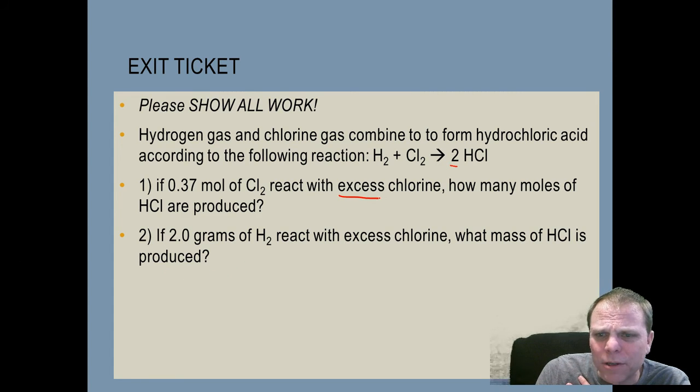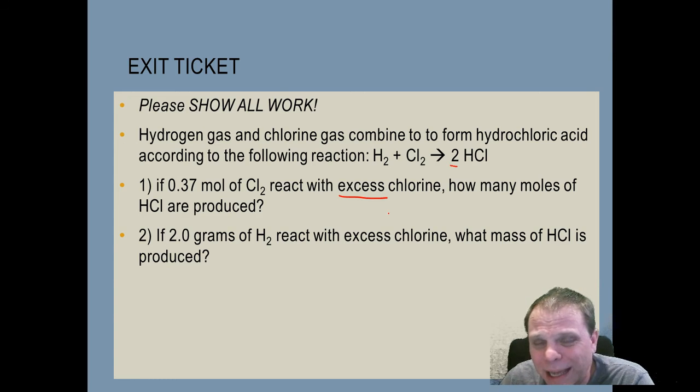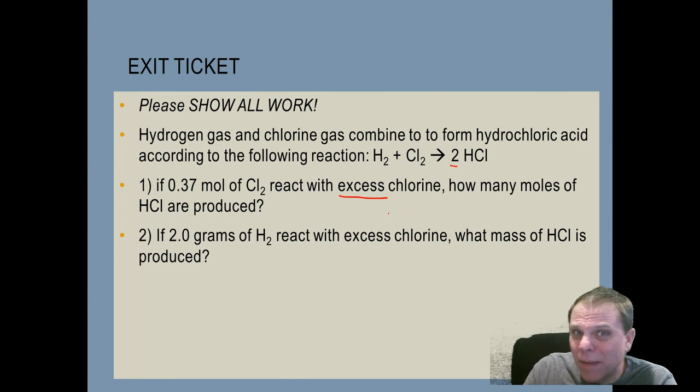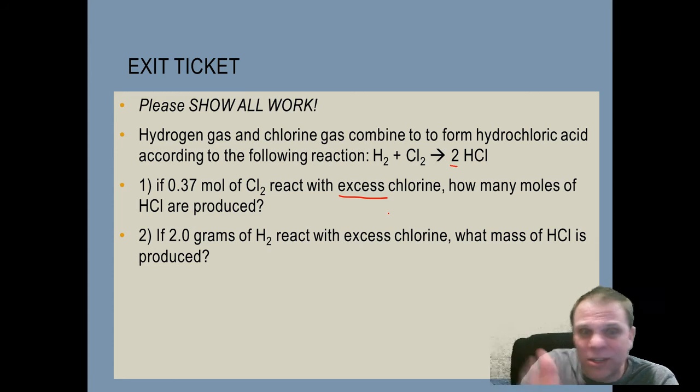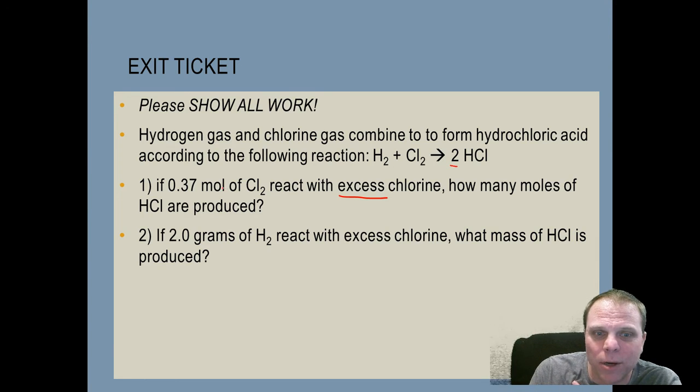A lot of people get confused with this word excess chlorine. It just means that it's not a limiting factor, and you haven't learned about that yet. That's going to be in the next unit, 9.3. So we'll talk about that in our next lecture, but it just means that you're starting with the other substance. We're just starting with the ones that we've been given, 0.37 moles of chlorine. So we start with that 0.37 moles of chlorine,